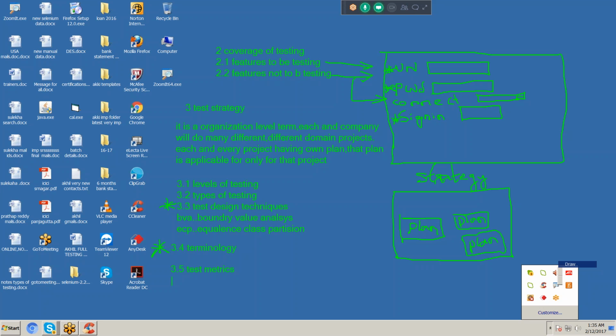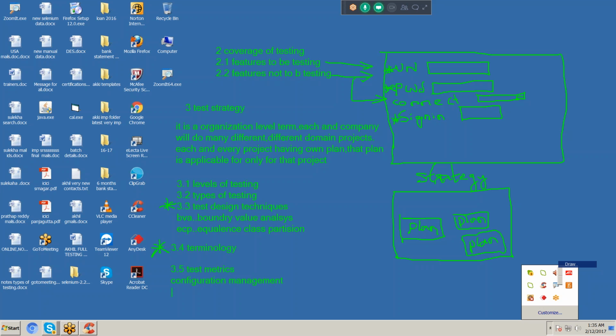Next, 3.6, configuration management. In this 3.6 we have two things.